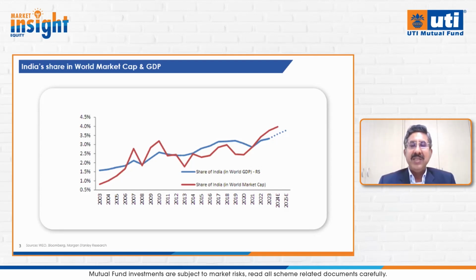As you can clearly see on the right-hand side, the red line has once again jumped and crossed over the blue line to go above it, which is a sign that the Indian markets certainly are looking expensive compared to where the other global markets are. So this is just another data point, another way to establish the fact that are we cheap, are we fair valued, are we expensive? And this data point is clearly showing that yes, we are an expensive market today.